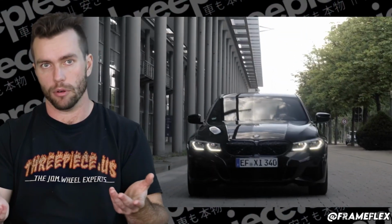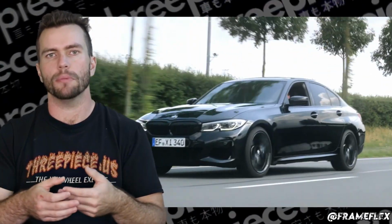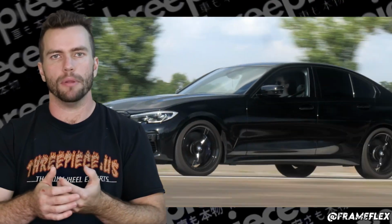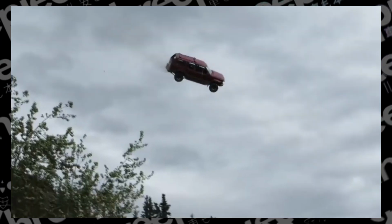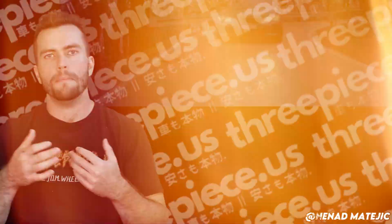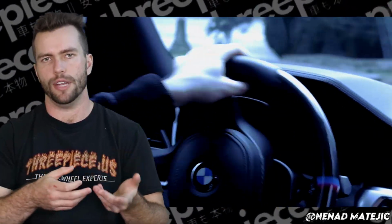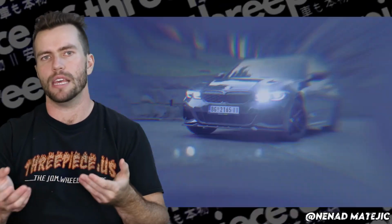It is a BMW after all, and the optional rear-wheel drive biased xDrive all-wheel drive system gives it impressive grip in all conditions, whether you're launching it at a stoplight or hitting the mountain roads, making it a more versatile choice for drivers who deal with various weather conditions and use it as a daily. The M340i differs in that it lacks the chassis reinforcement and lightweight materials found in the M3, meaning it's